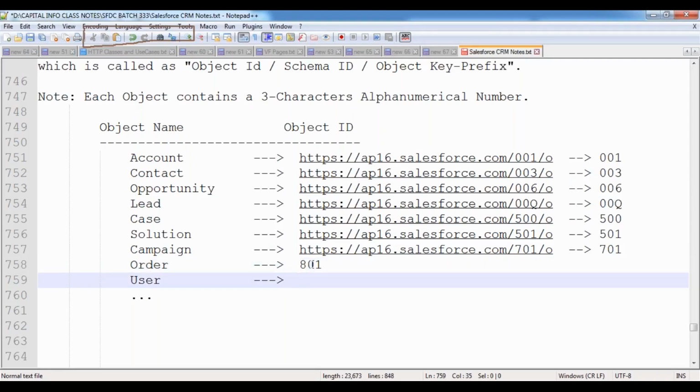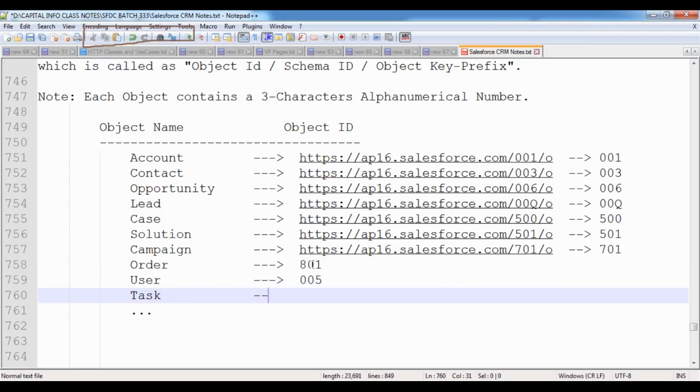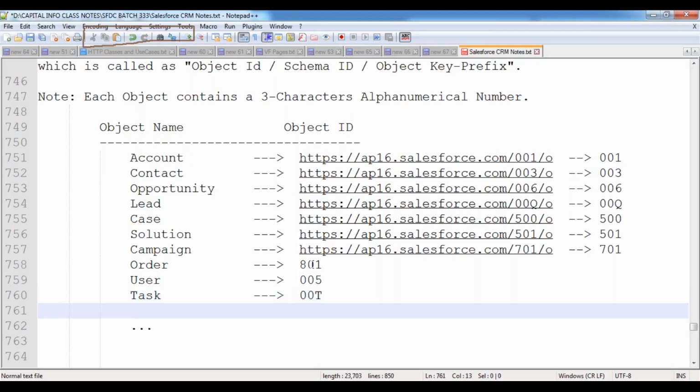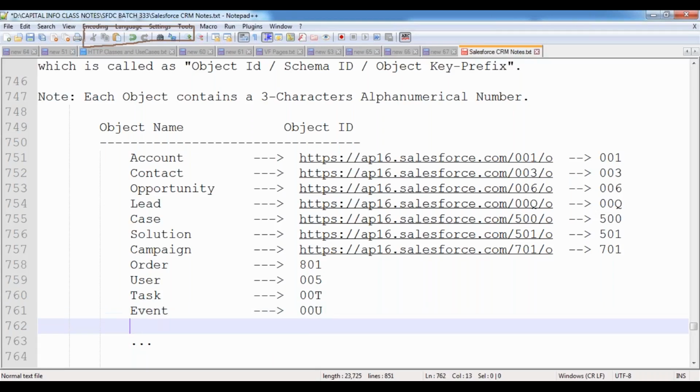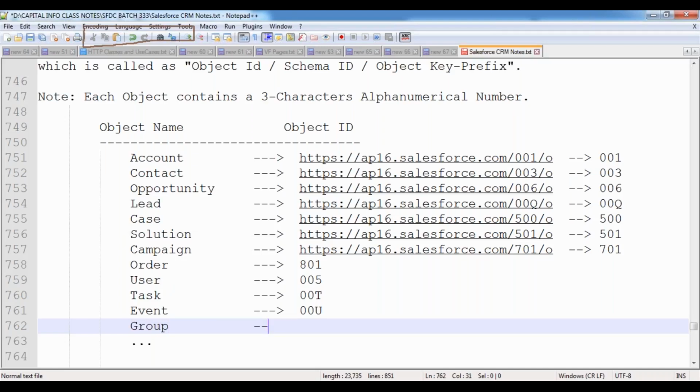For the user object, 005. For the task object, 00T. For the event object, 00U. And we have the group object, which has